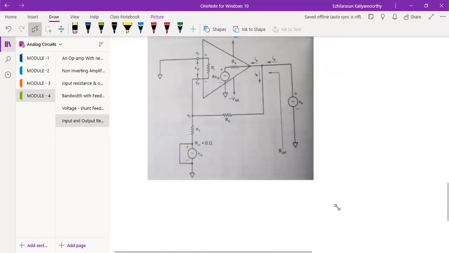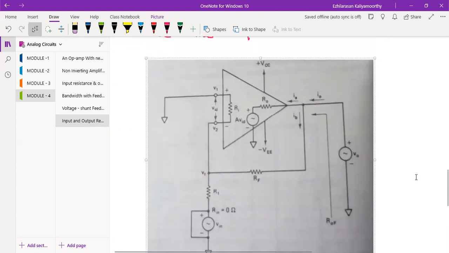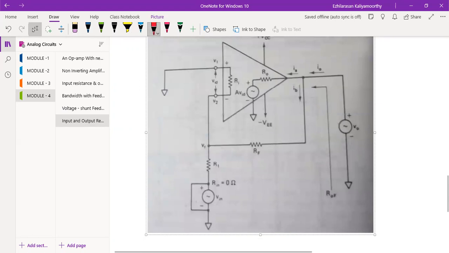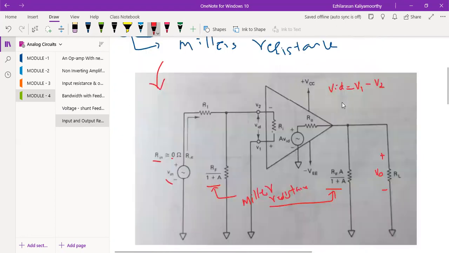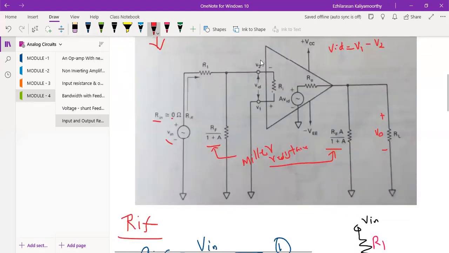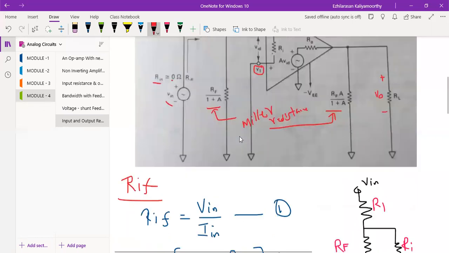The same figure only I took. Okay, so now we can see this here, short circuit, that is Vn is equal to 0. We short circuited. Only thing is you don't get confusion compared to the previous diagram. What we did in the previous, we had the V2 here, that is the minus terminal. Then V1 is here. Just we made the reverse, minus plus, automatically the node also will get changed.